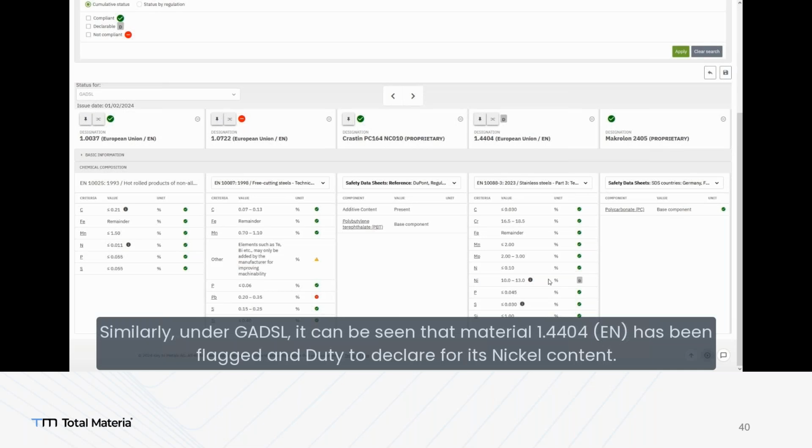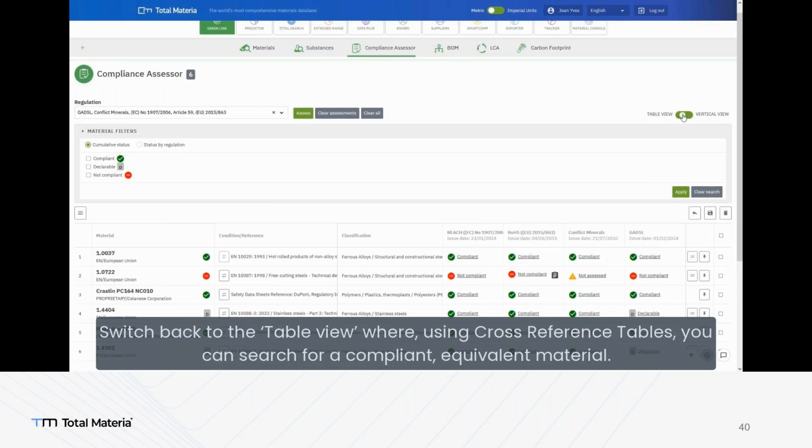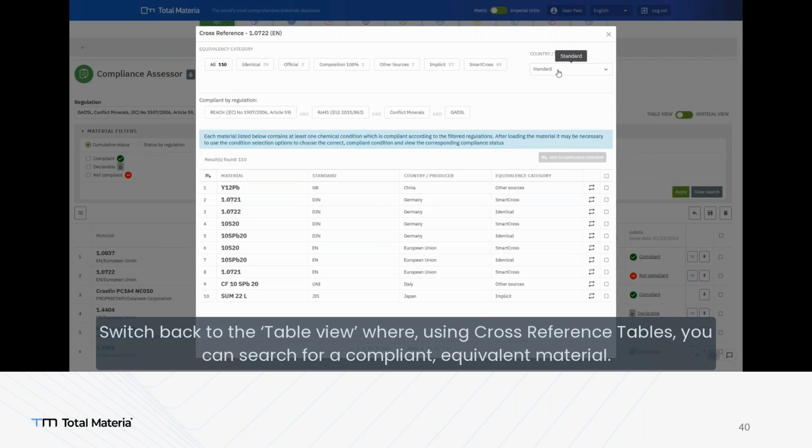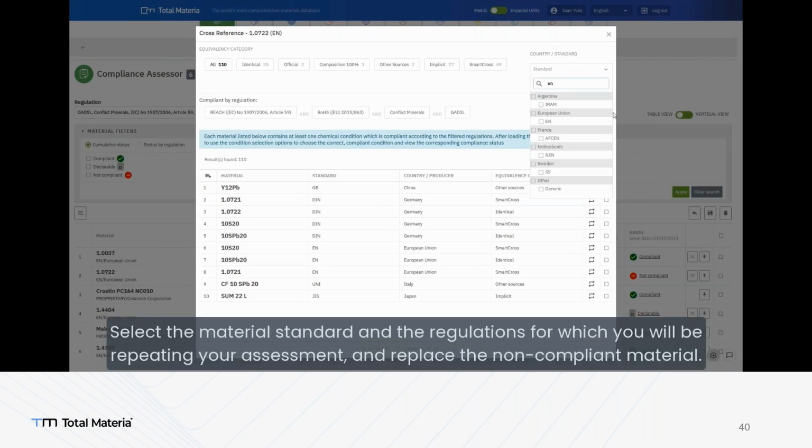The rest of the materials seem compliant. Remember, these are all up-to-date compliance information for you to make sure that you're making the right material selections.